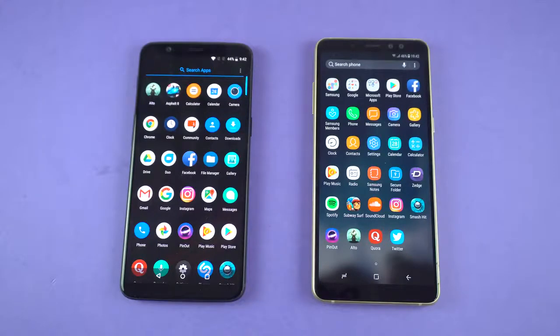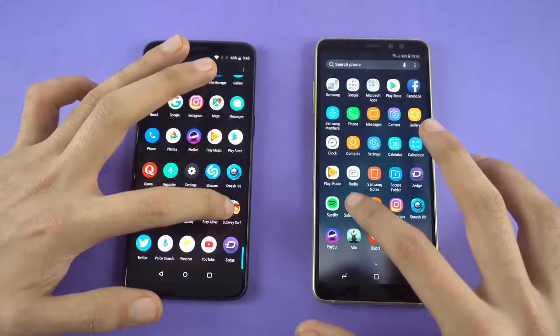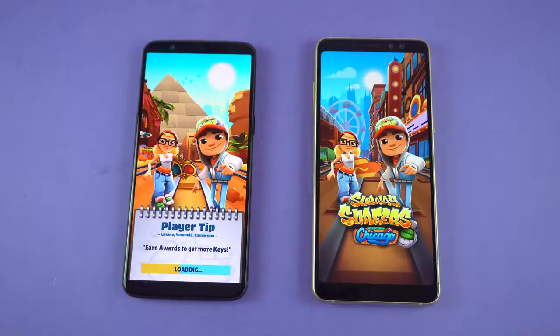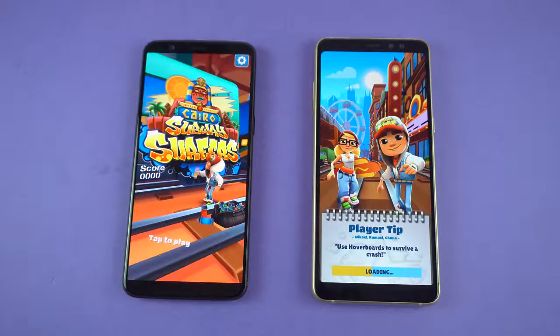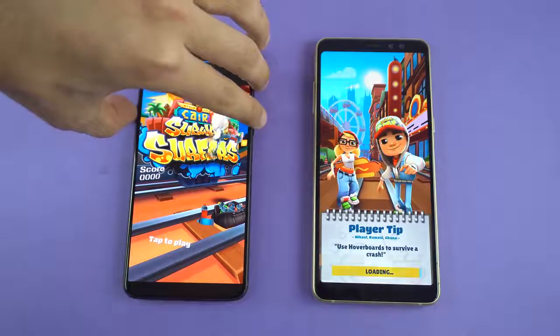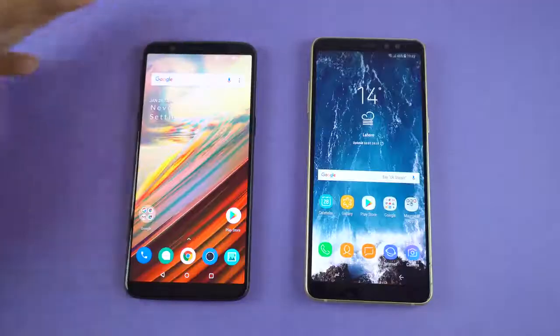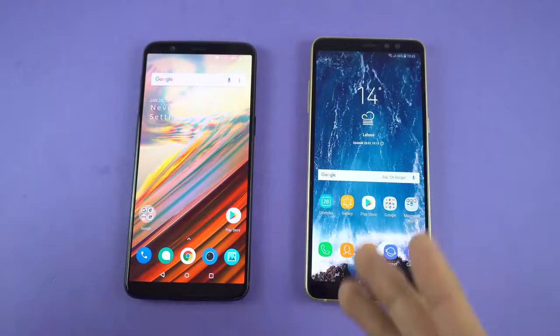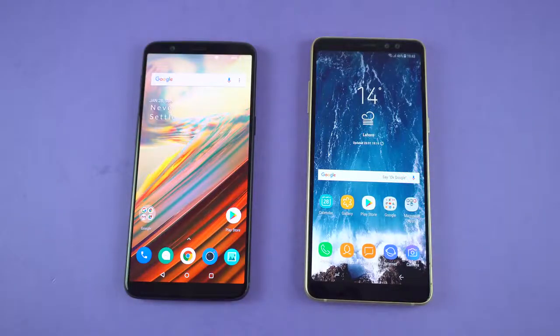Now we're going to get right into some third-party applications, starting off with Subway Surfers. So this is the game we have, and let's see. Okay, OnePlus 5T. Easily done there. I'm just going to increase the volume. In in-game loading times, you will definitely see a lot of difference between the Snapdragon 835 versus the Exynos 7785